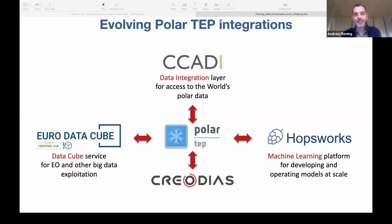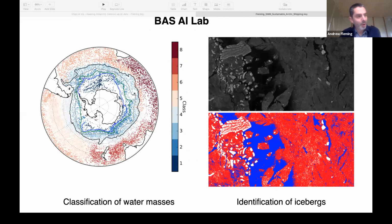And we are also now integrating machine learning tools, which brings me on to the second thread of how we're coping with this increased volume of data, and that is turning to a much more automated way of extracting information from the imagery. So two terms in the Earth observation world that everybody will be familiar with these days are artificial intelligence, machine learning, etc. And the British Antarctic Survey has recently set up an AI lab to respond to our growing collection of multivariate environmental data collected over many decades, in order to work out how to best extract value from that using these